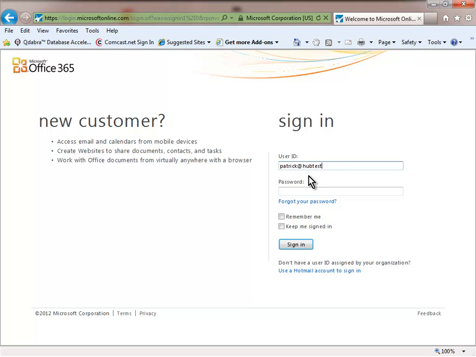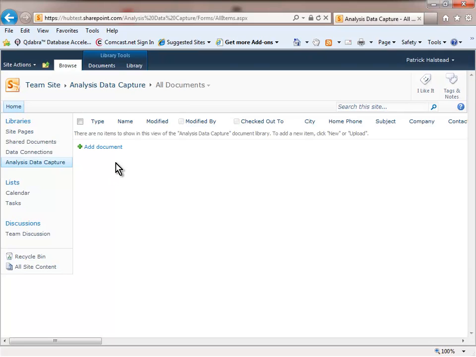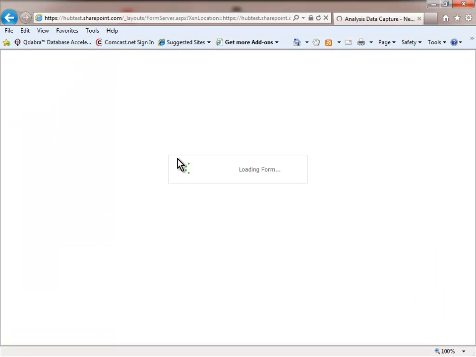Okay, so I'm just going to log in here to this account, and we'll see that we have a data capture form here. Now, as a hub company, I don't necessarily have to add the results data for the samples using an InfoPath form. I could connect my offsite database and synchronize certain tables to Azure and use those tables synchronization to drive the process. But for this demo, I'm using an InfoPath form because it's easy to enter the data